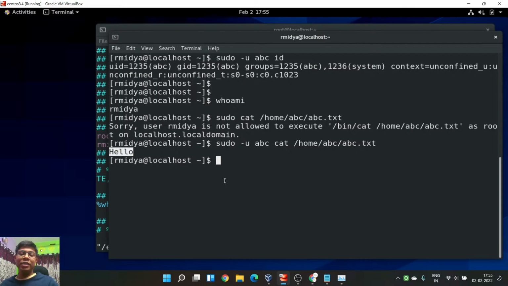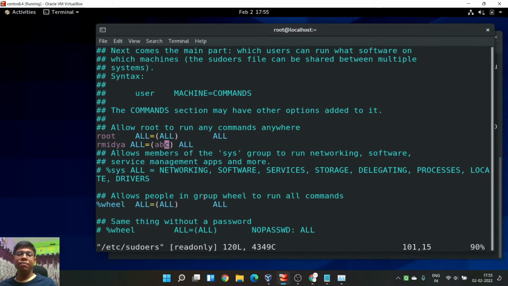So this is the concept of privilege escalation. In privilege escalation, you are taking the privilege of some other user. Why? Because the other user granted it. If root had to do all the stuff here, then even this user could not do this part. All right, so in that case this file is helping. Now here we have another interesting concept. All right, another concept I want to show you.